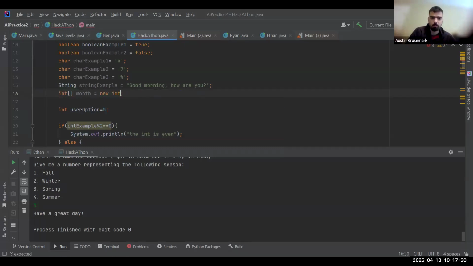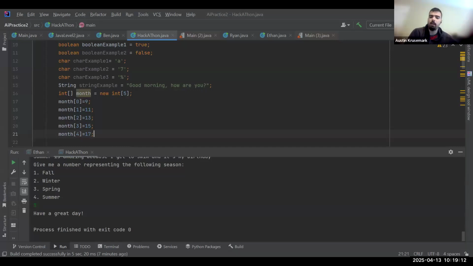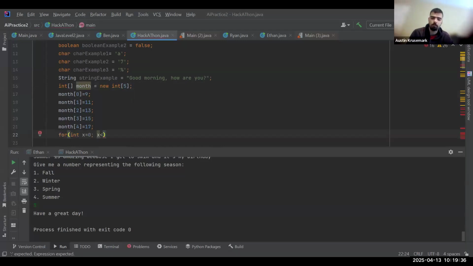Okay, I'm going to do it the other way. So I'm going to do 5. It's because with arrays, the first index is 0 and not 1. So in this case, even though it's 5, it goes from 0, 1, 2, 3, 4, which is still 5. So now we're going to do month.length